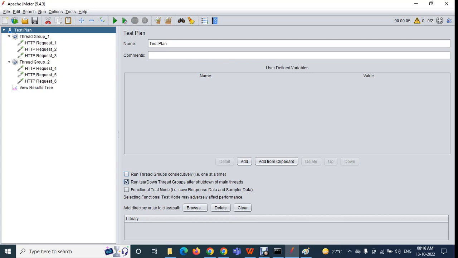So ఎప్పుడు దీన్ని మనం చెక్ చేయాలి, ఎప్పుడు చెక్ చేయకూడదు అంటే, so always you can see that particular option will be